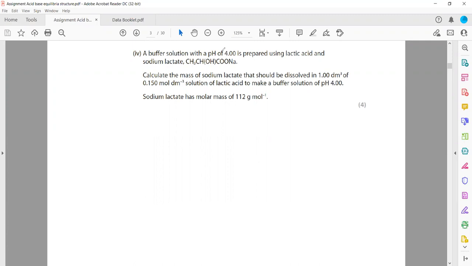Calculate the mass of sodium lactate that should be dissolved in 1 dm cube of 0.15 mole per dm cube solution of lactic acid to make this buffer solution. The pH of the buffer solution is 4 and sodium lactate has a molar mass of 112. So first what we will do, we will find the concentration of the salt, because whenever a weak acid or weak alkali is there, there's always a dissociation constant, Ka. So Ka is equal to the concentration of